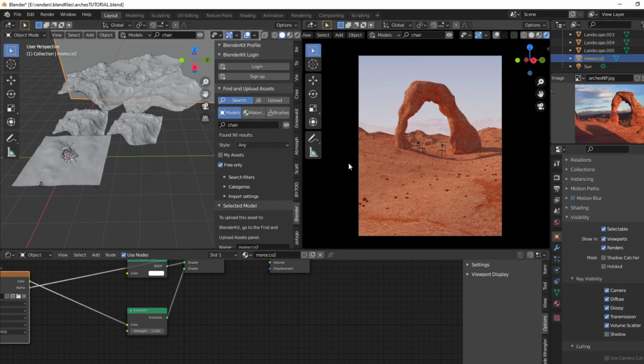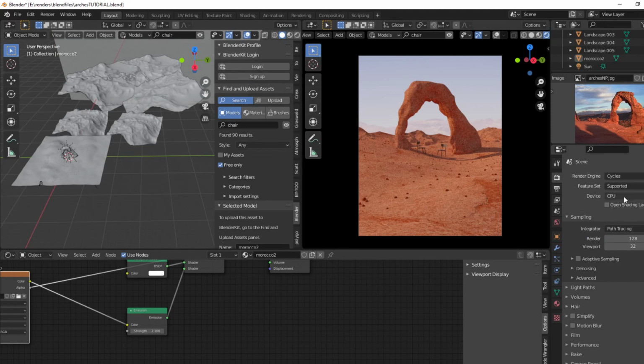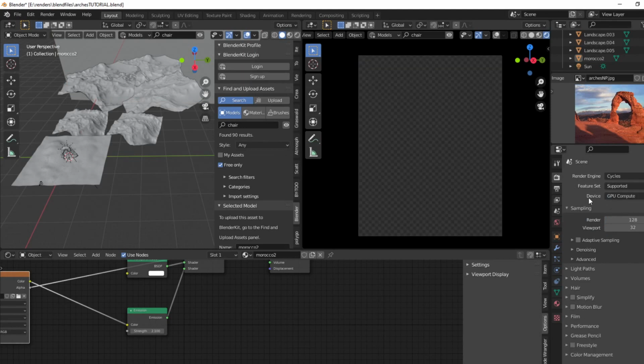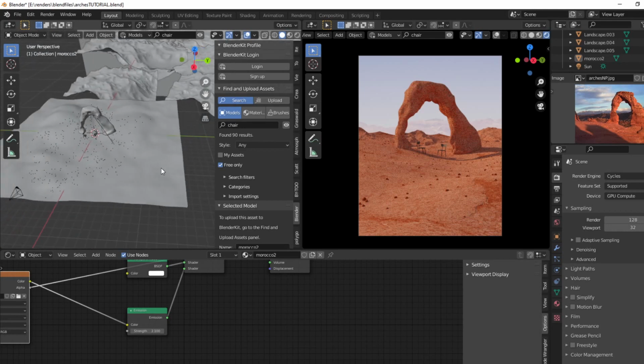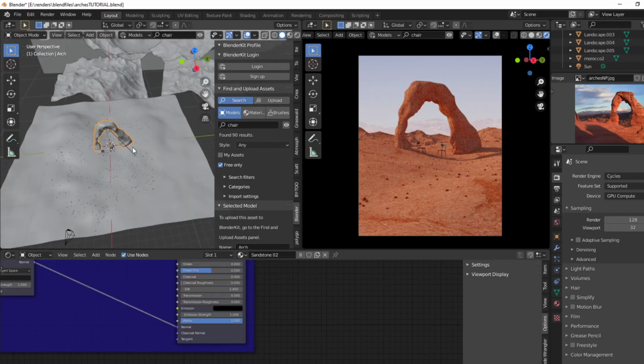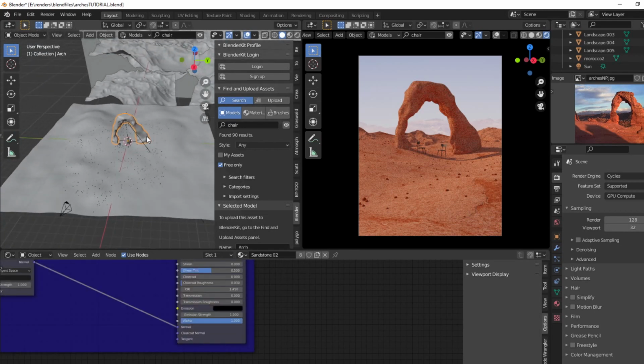So should we render this in Cycles or Eevee? Well, you can get a pretty similar look in both of these, at least for external renders, I think, to a certain degree. I'm going to opt for Cycles for this one just because I think it looks a little bit nicer, but feel free to render in Eevee, kind of play around with the lighting a bit as you see fit. Now at this point, what I want to do is actually add in a little bit of atmosphere